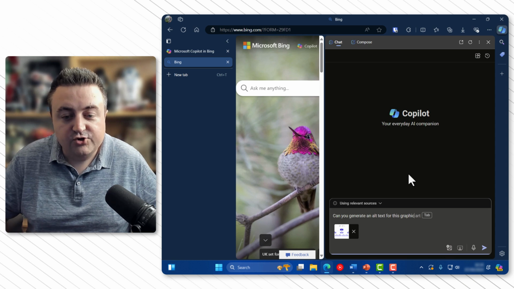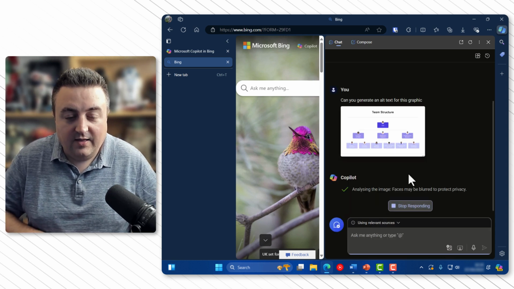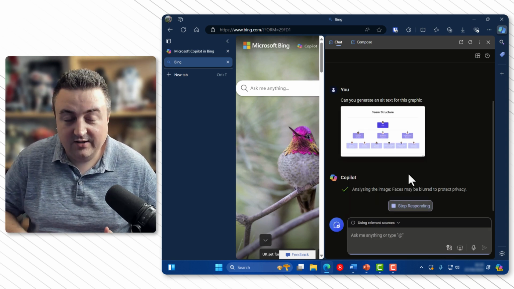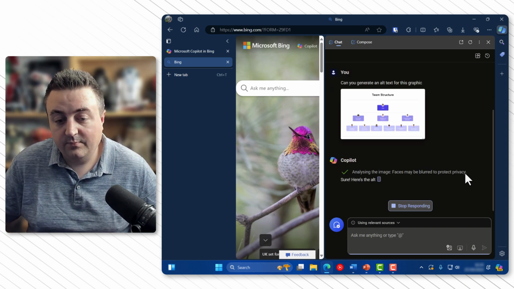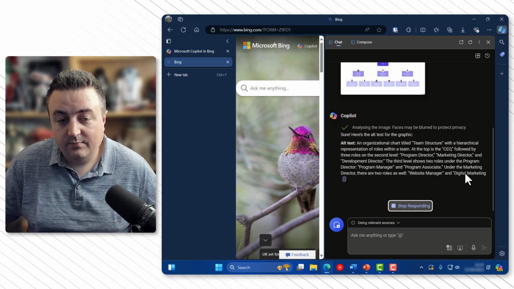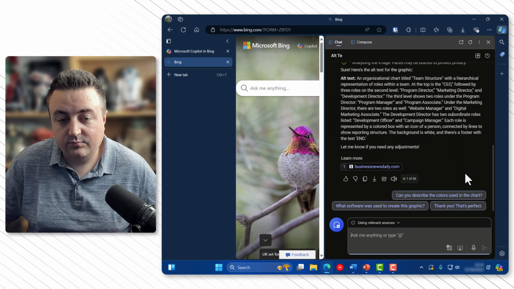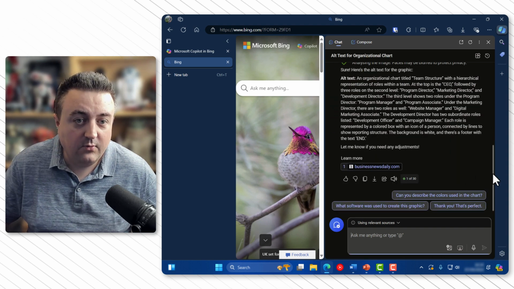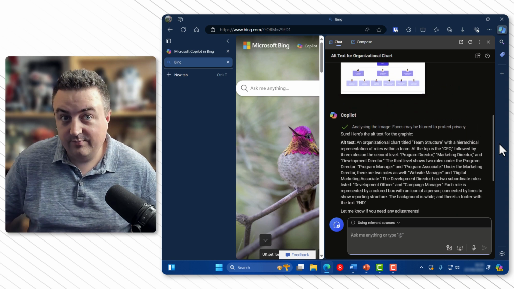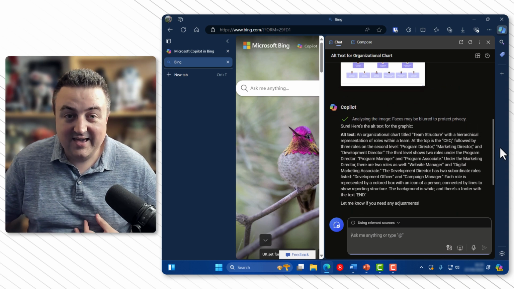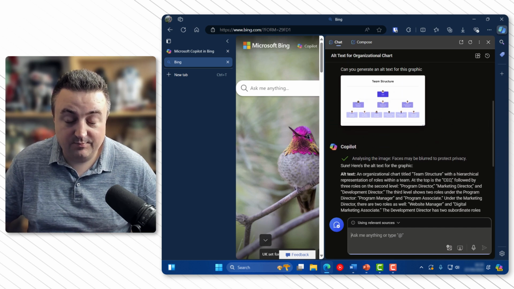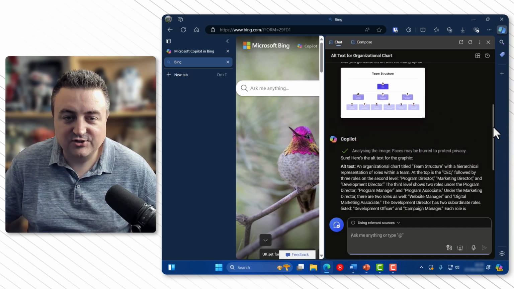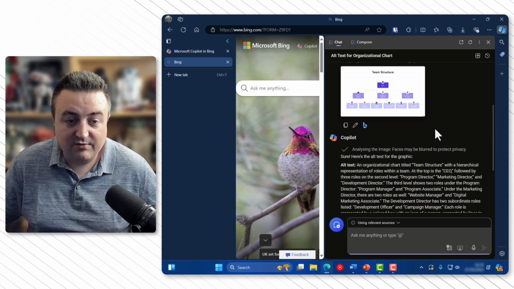Okay, we're going to choose enter. And this usually does it extremely quick. You're not waiting very long. And here we go, it's done. Now you'll notice that without prompting it, it can make it really big. So because this is such a complex graphic, it has generated quite a lot here. But let's have a little look at it.